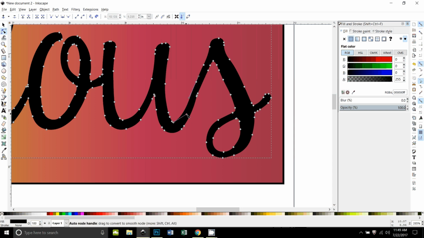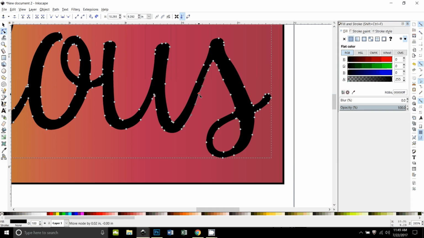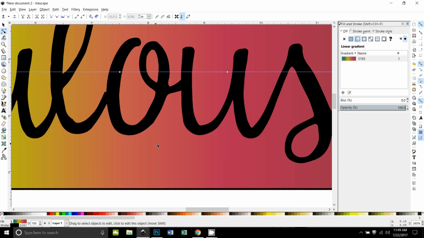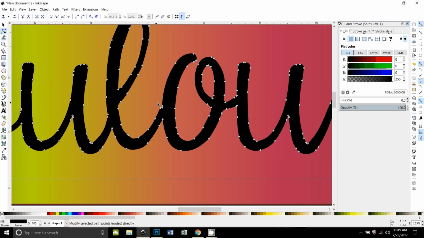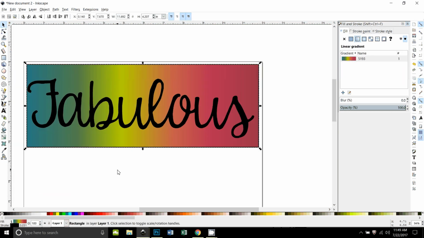Now you don't have to do this. I'm just kind of picky about my fonts sometimes. And then I'd probably go through and even the other ones out as well. Anyway, you can take your time doing that. Okay, so now